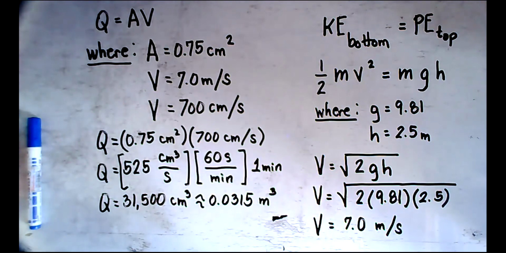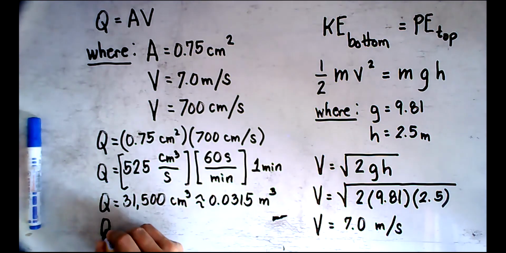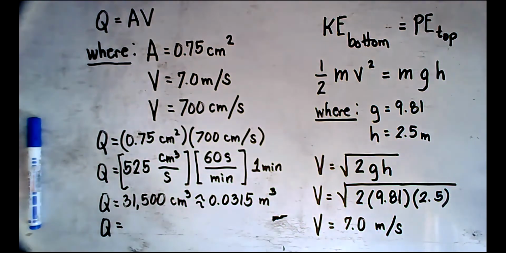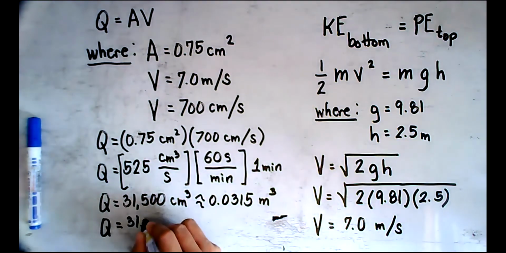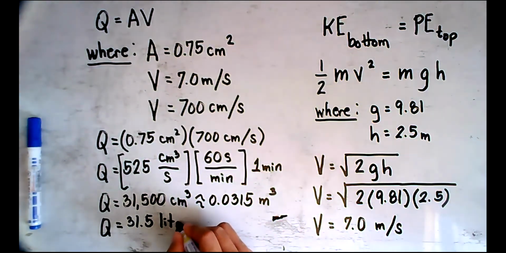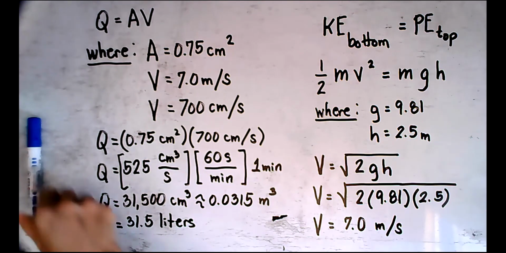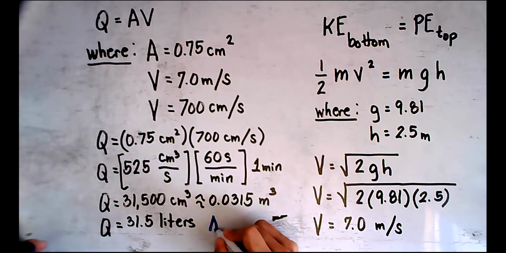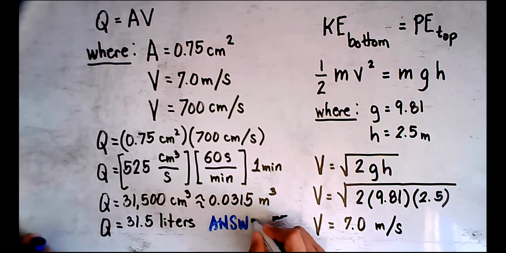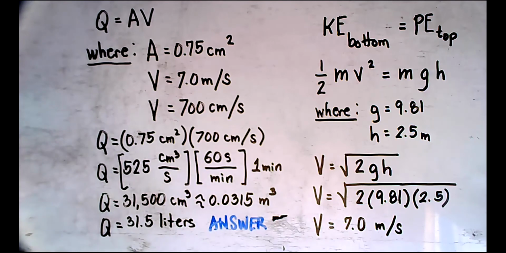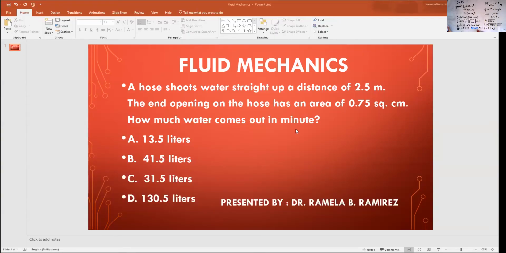If you are going to express it in liters, the discharge is equal to 31.5 liters, and that will be our answer. 31.5 liters is our answer to the question, how much water will come out in a minute. So our answer will be letter C, 31.5